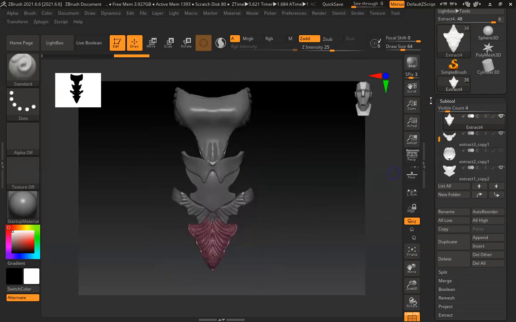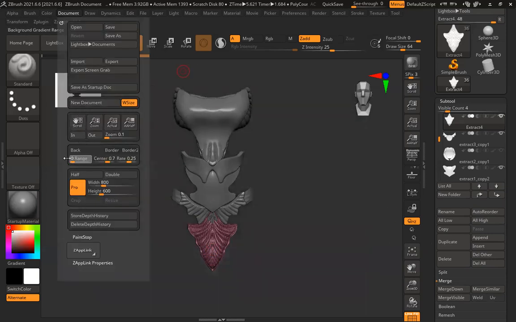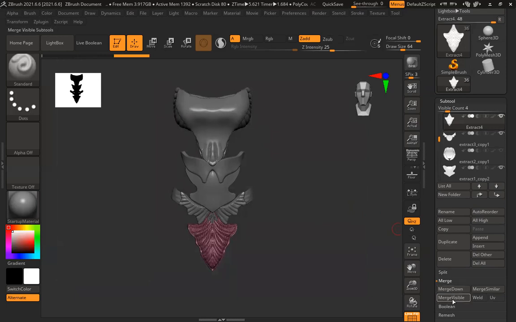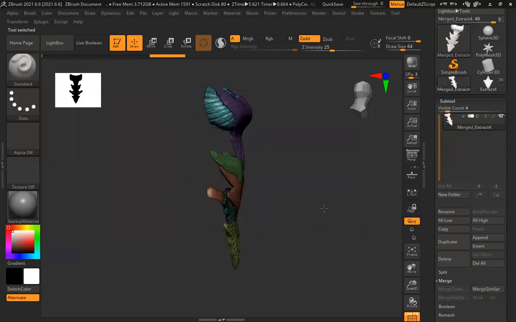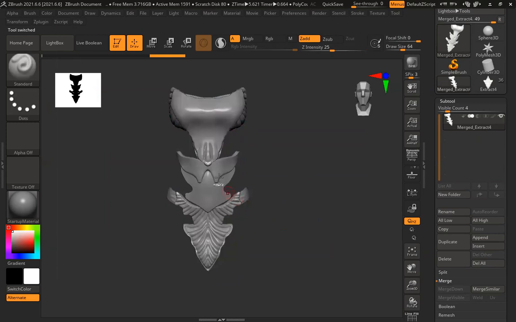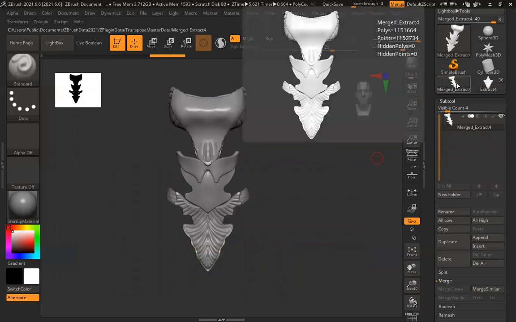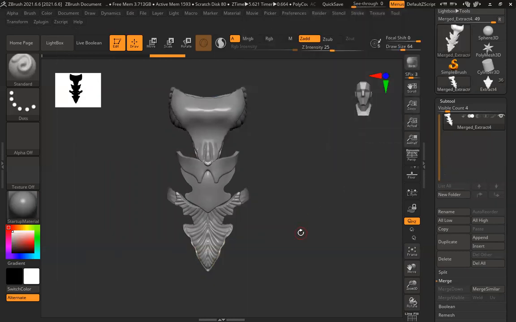Now, because I want to retopo this model, because obviously all this geometry I cannot use directly for a game. So the shortcut, what I prefer personally, is I'll go to merge and click on merge visible, only whatever is visible. Let's just remove this black. So select merge visible. It will create a separate merged subtool. You can see all separate polygons and everything is merged together. And this is still very dense. Let's see, it's 1 point some million polygons. So it's very high.